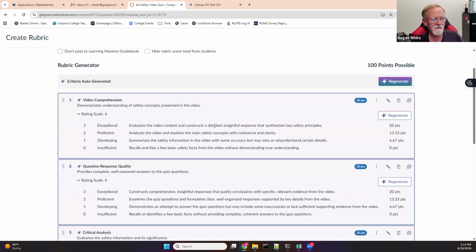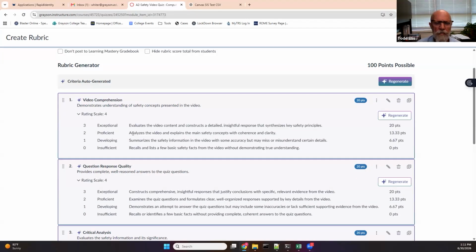Exceptional would be evaluates the video content, constructs an insightful response that synthesizes key safety principles. Notice it uses the verb from Bloom's. Proficient analyzes the video, explains the main safety context, and also it uses another verb. Explains them with coherence and clarity, and then developing, this is you're getting there,